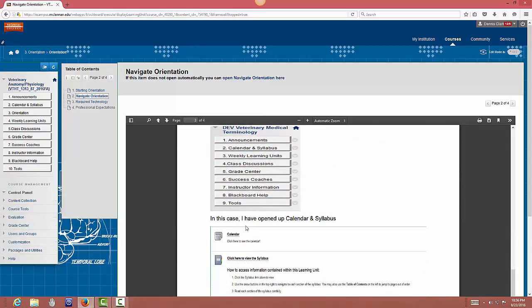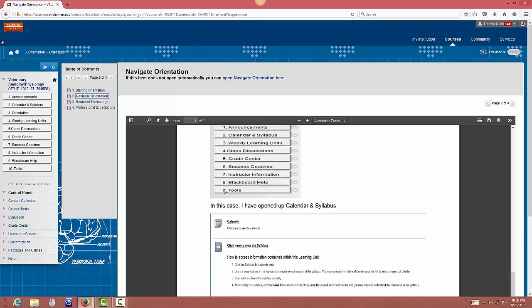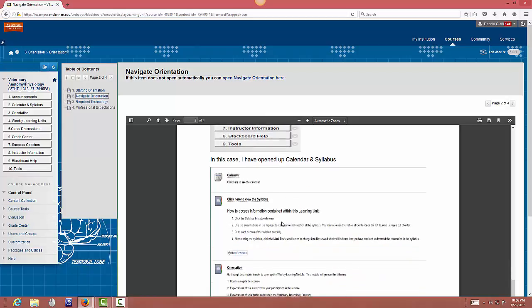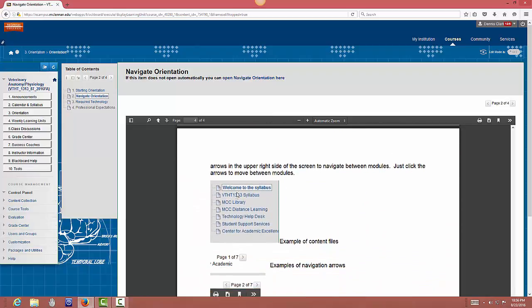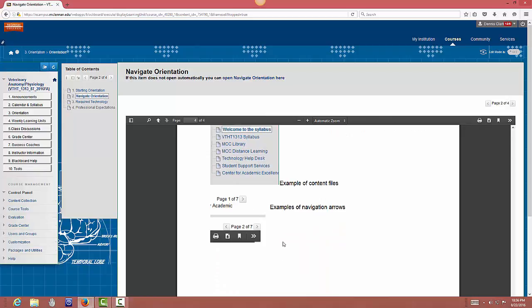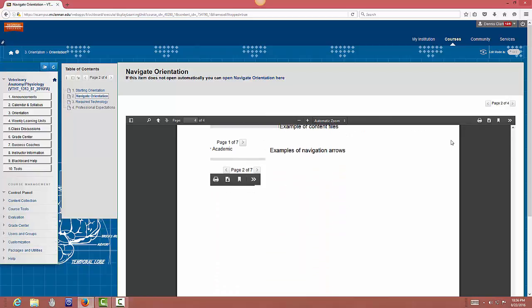If you forget something, it's all right here as far as how you can use it and what the modules look like. You can see how you click on a content folder, how they're laid out, and how you can use arrows to navigate through them all. Right here, I can come up to this navigate button, and the next thing is going to be